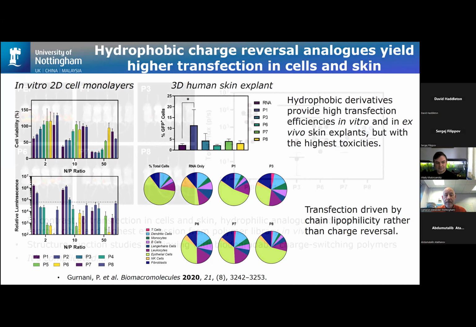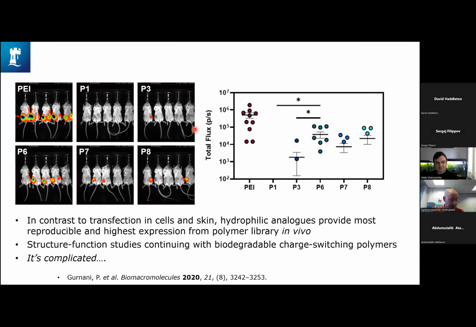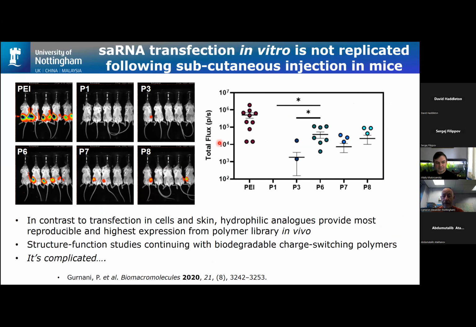However, when you then go in vivo, and this shows you some of the difficulties with doing some of these experiments, with the difficulties in doing cell-based experiments, then going into a mouse before going into a human. And what we saw, in fact, was that the most potent polymers in mice were actually a commercial polymer, which we effectively wanted as our control. So that was very disappointing because we'd hoped that